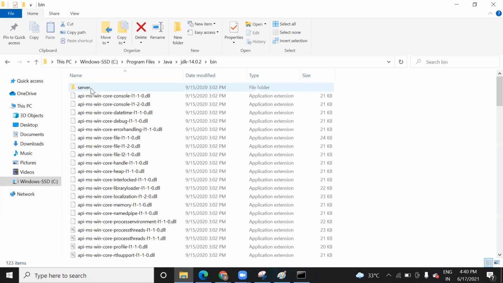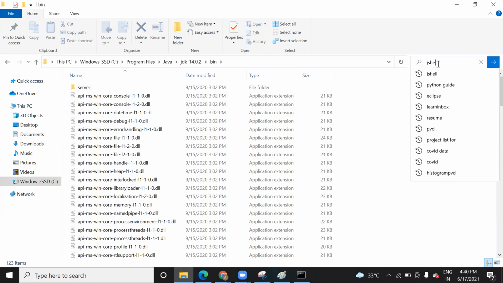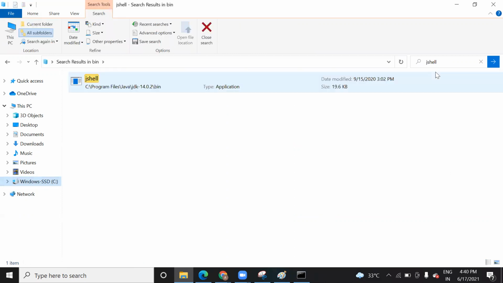When you go to the bin, check whether the JShell file is present. It's an application. See, it is there, right? Sometimes you do not find it on your system. In that case, you can install the JDK once again, and then you can find it.